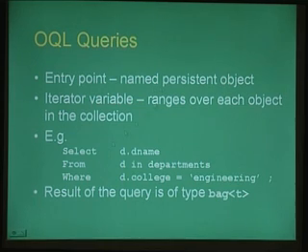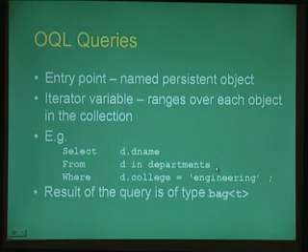So here in this case, the entry point is this object called D. So D is the name that uniquely defines a persistent object that is stored in the database, and there are iterator variables that can iterate over, or that can range over, each object in the collection. As you can see here, the structure of OQL is very similar to SQL itself, where you just say select d.dname from D in departments where d.college equal to engineering, except that here